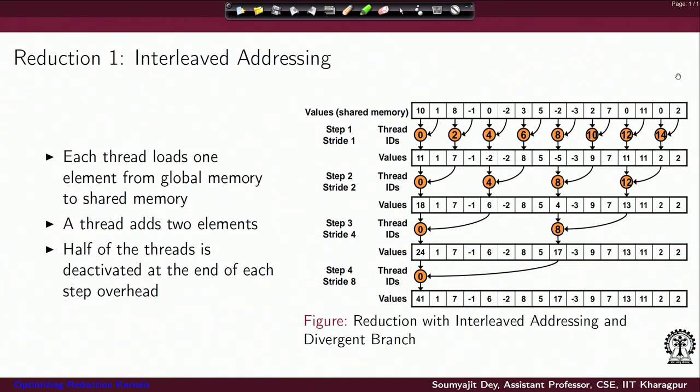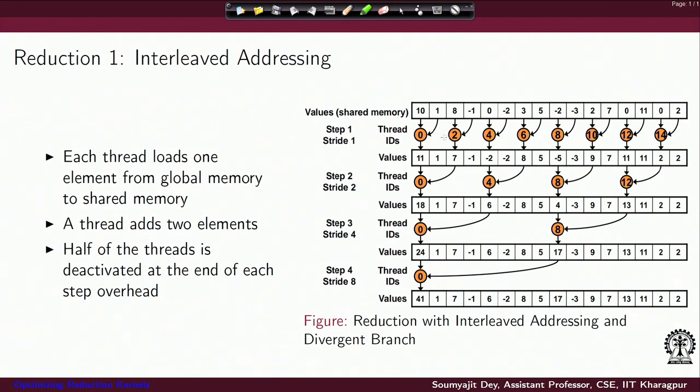The first was the very naive parallel algorithm, where we just used threads for their local computation. You use the threads to load the data from global to shared memory, and then each thread does a sum of consecutive elements.